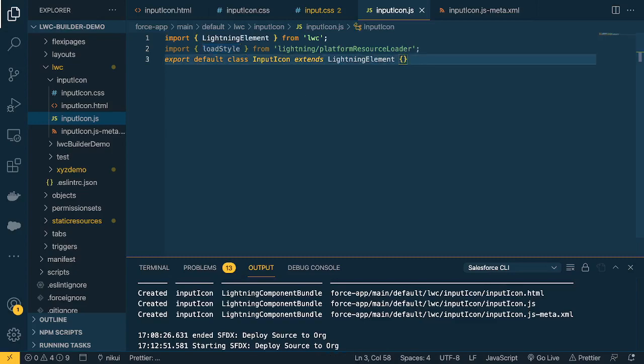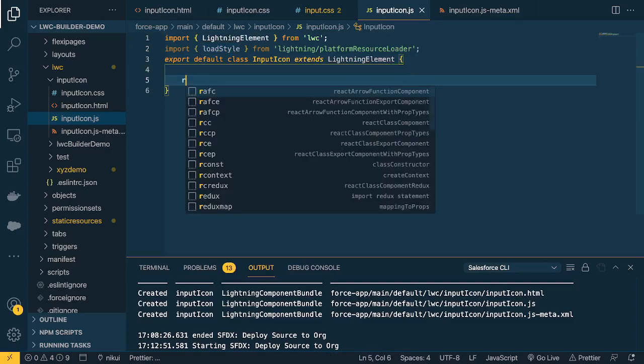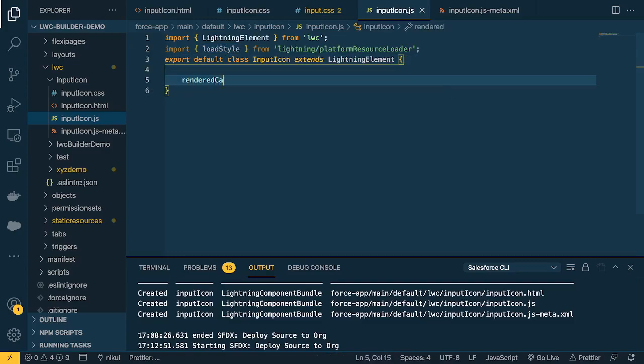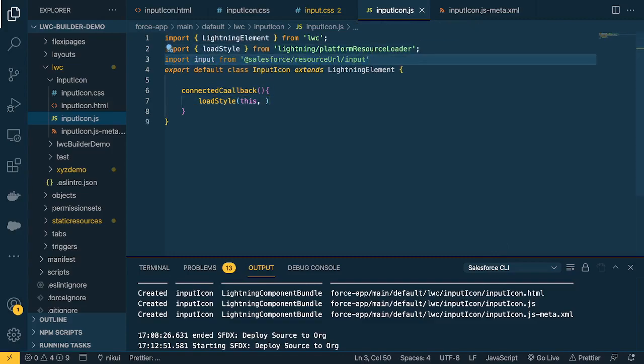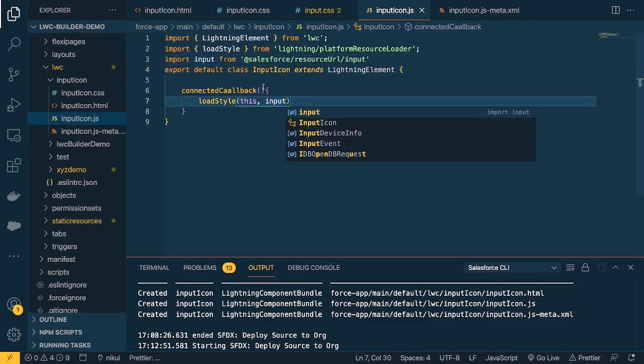And now we will load this CSS under the renderedCallback, and we can use it in the connectedCallback as well. And we'll take the loadStyle, then we'll give the reference of the component, this, then we need the file name. Let's import the file, and the file name is input, so we'll use import input from @salesforce/resourceUrl/input, and we'll pass this input here,